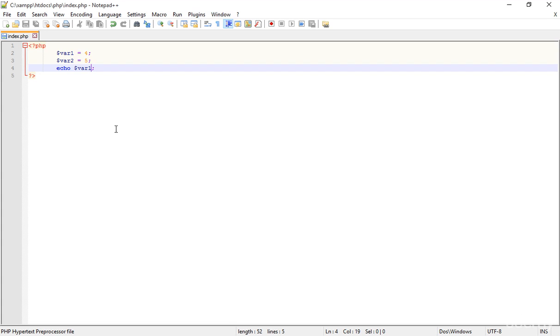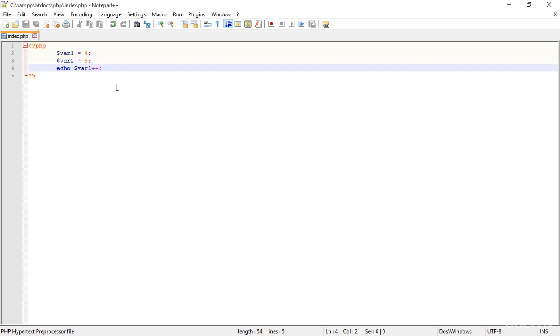I am using the increment sign, the two plus signs. Really simple. Now let's go to the browser to see the changes. Refresh it. Now I'm getting nothing. What is this? I'm not getting anything. So I'm going back to the notepad, and here